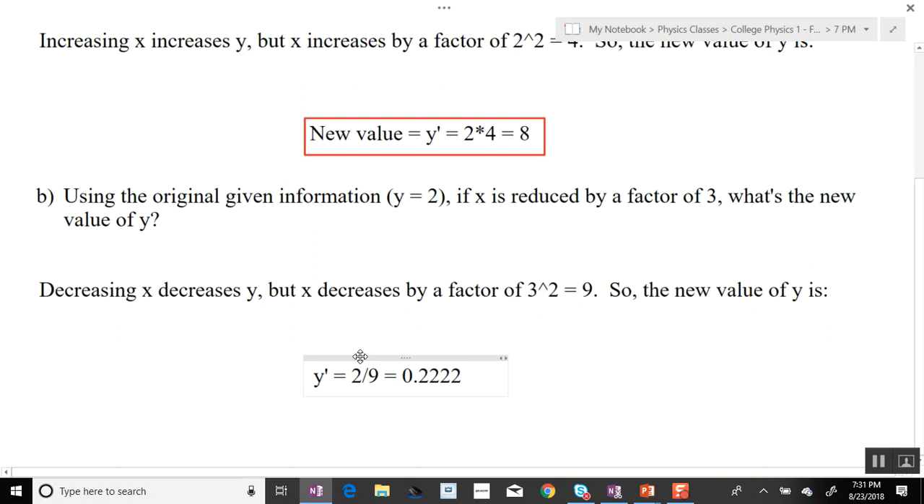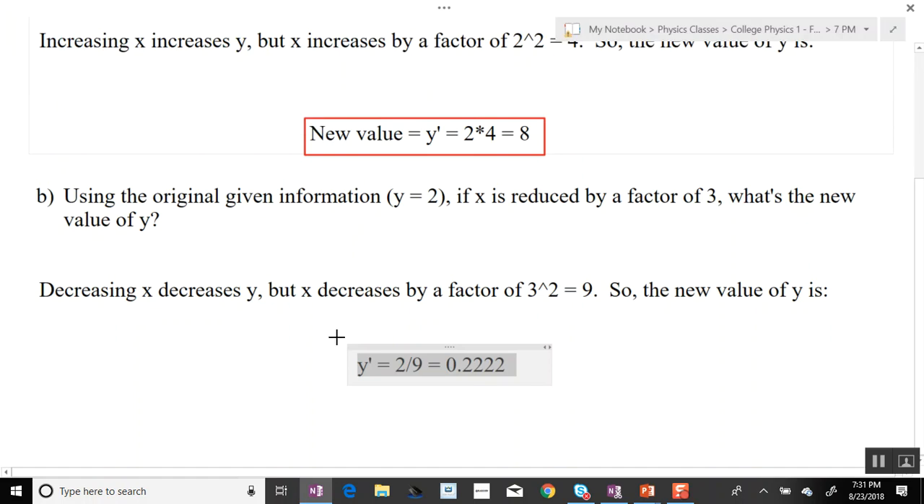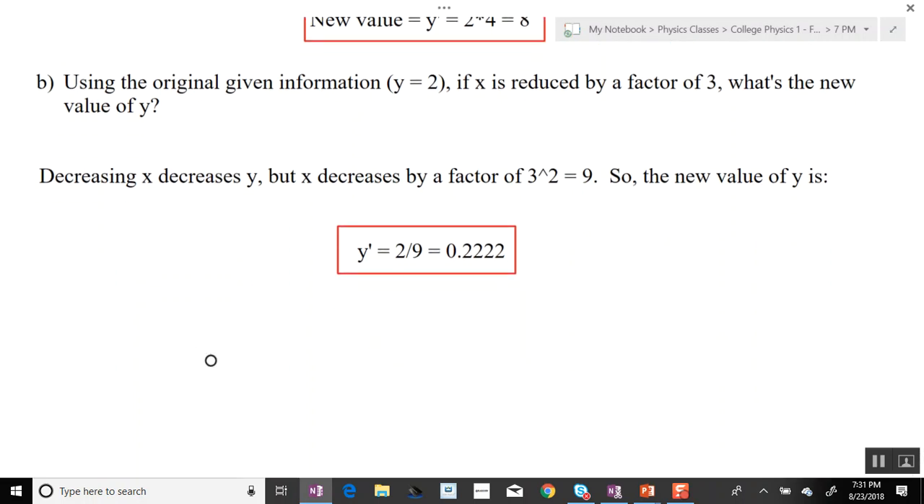So that would be the new value of y. All right, does that make sense? So like I said, the first couple examples are pretty straightforward, hopefully. But then we'll go on to a harder one. Let me see how you do with that one. All right, so does that make sense so far? All right, so then,